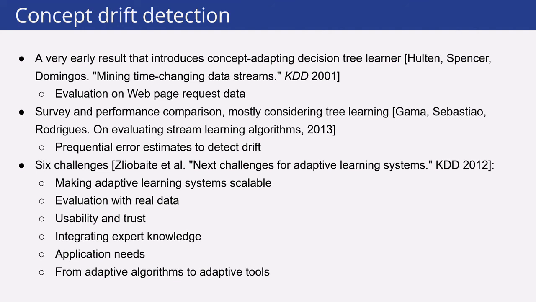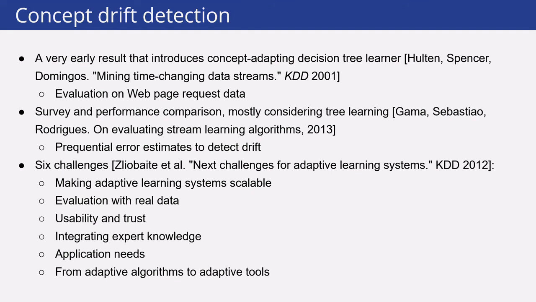For a survey and performance comparison, still mostly considering tree learning, Gama, Sebastião, and Rodrigues evaluated several streaming algorithms, and they introduced the notion of the prequential error estimate to detect concept drift, connected to the prequential evaluation model, but here detecting the drift by showing the changes in the prequential evaluation performance of the classifier. And finally,